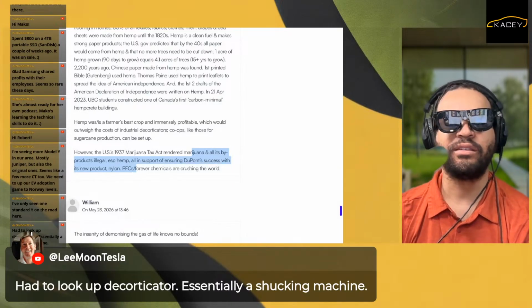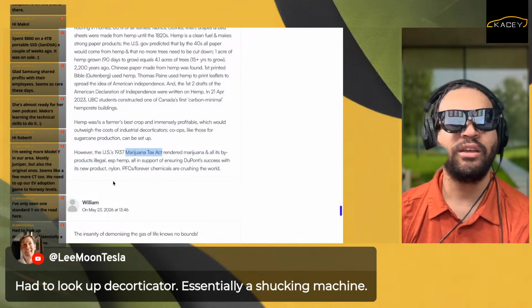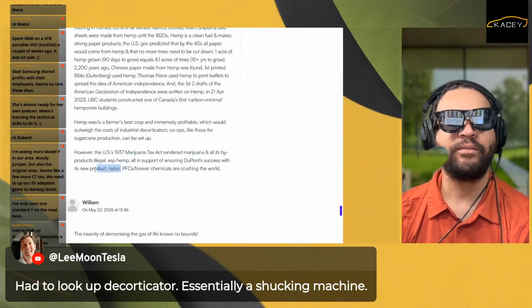I guess, yeah, they could be. This part here, which is like racism, just for the drug, but for the nylon, that could explain why it was so easy to do and lasted so long.